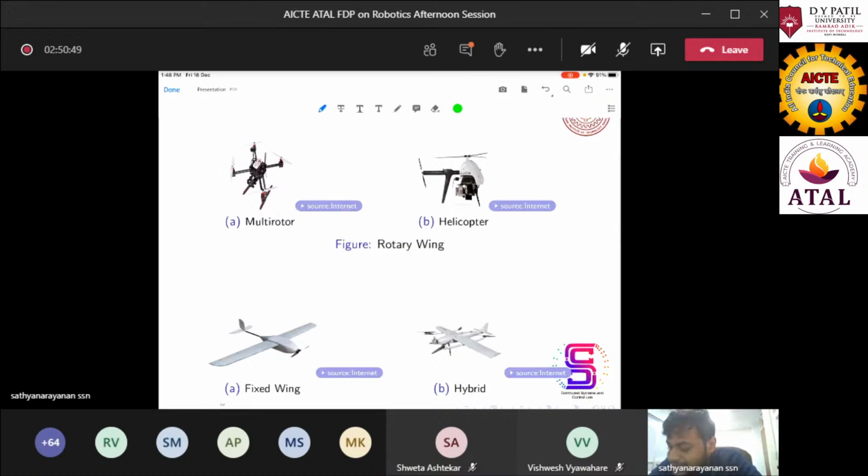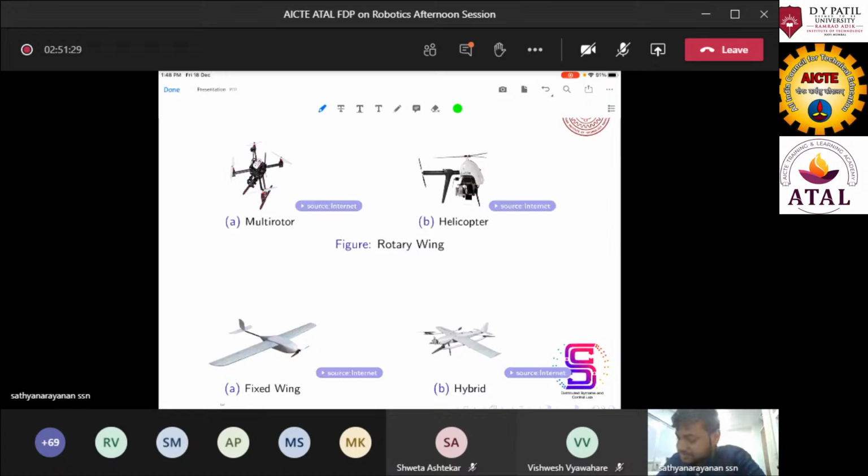As the name suggests, multi-rotor means there is more than one rotor to help lift the vehicle, and in a helicopter, there's only one rotor which is used. Both vehicles have some pros and some cons. For example, a multi-rotor can be easily controlled compared to a helicopter, and a helicopter has some kind of vibration while you are operating it. But a helicopter can be used for a larger flight time, and can also help to lift